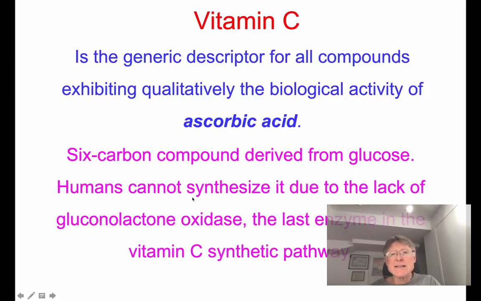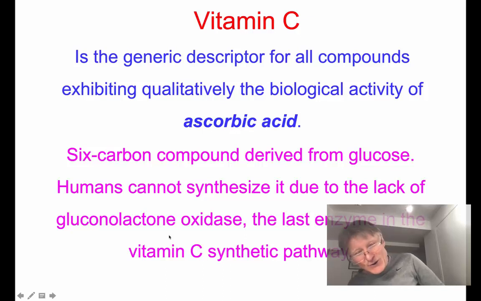But humans cannot synthesize it because we lack an enzyme called gluconolactone oxidase, which is the last enzyme in the vitamin C synthetic pathway. So we can do a lot of things with glucose. We can modify the molecule of glucose, but we cannot make it into vitamin C because we don't have this crucial enzyme,